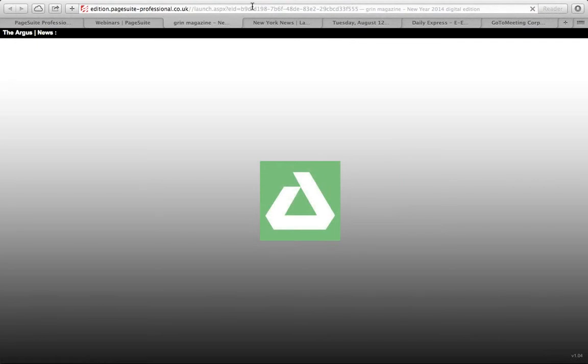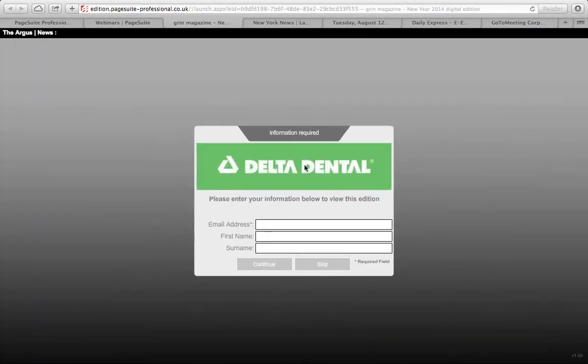it's a unique publication, but they have set it up so that they've got a way to capture data without a subscription page. So if you have a free publication, but you still want to know who's using your edition, you can set up a reader prompt. And that reader prompt is just going to, as you'll see here in just a moment, pop up and ask just a few tidbits of information. Who are you? What's your email address? You can have a skip button if you like.